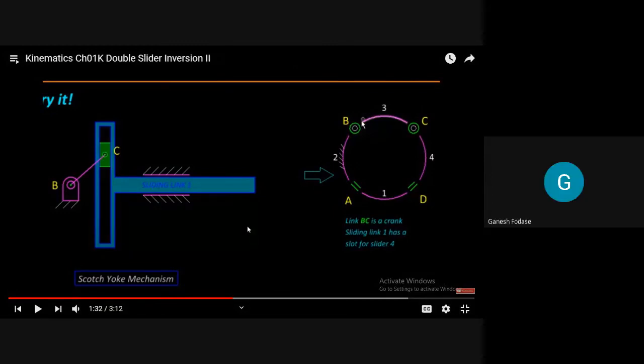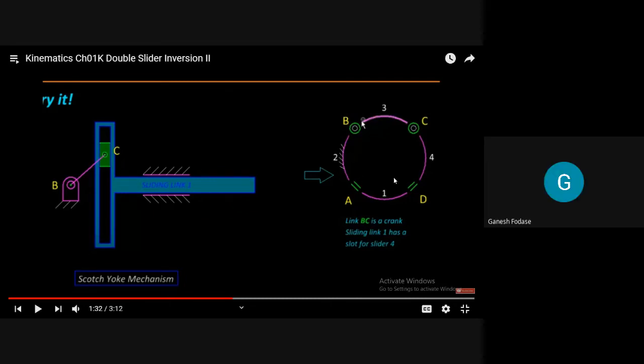Okay. Now see here, already I told you about inversion of double slider mechanism. So you can see this circle diagram. I hope my arrow is visible to you, what I'm showing with arrow. If not, please tell me at that time only. Because sometimes it is not visible, sometimes it is visible, it happens. Yes. So I'm showing the circle diagram. Is it visible? Yes, sir.